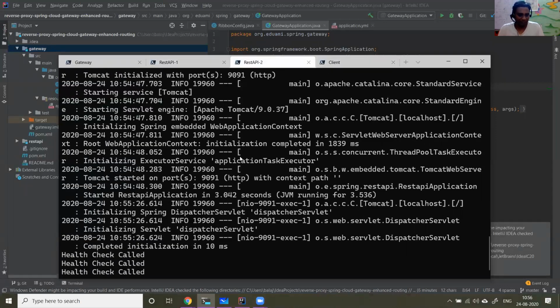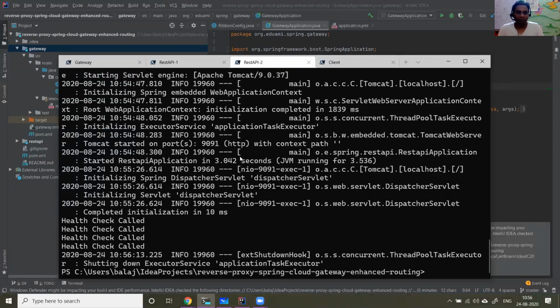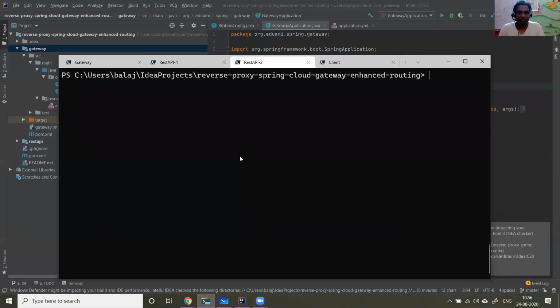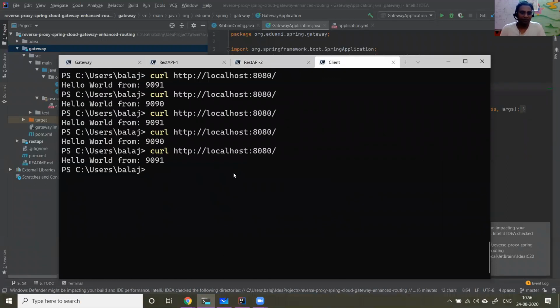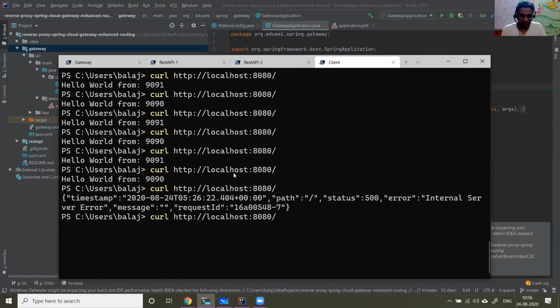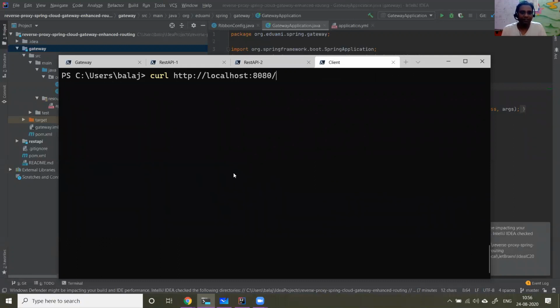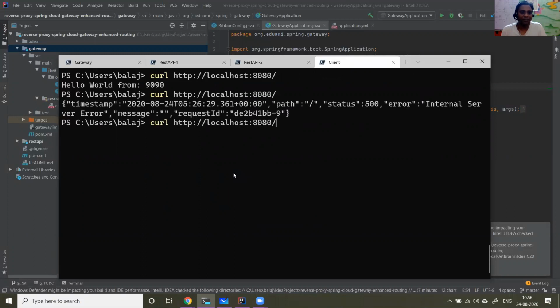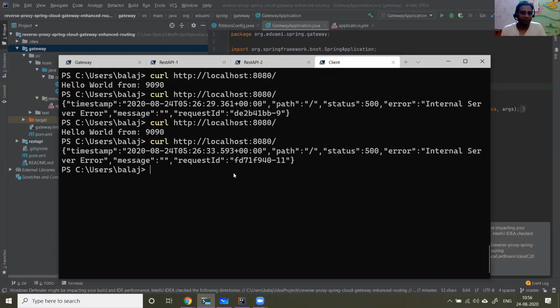Now let me kill REST API 2. So REST API 2 is down. Now let me run. I think it still didn't enhance its routing logic. If you see, after a while, it will certainly remove 9091 from its pool.